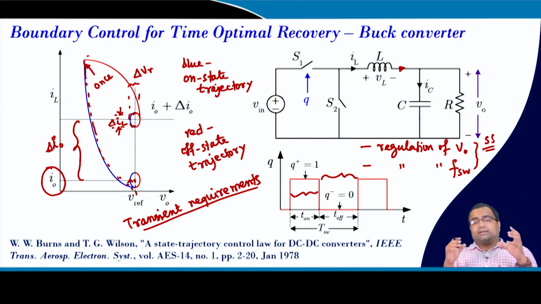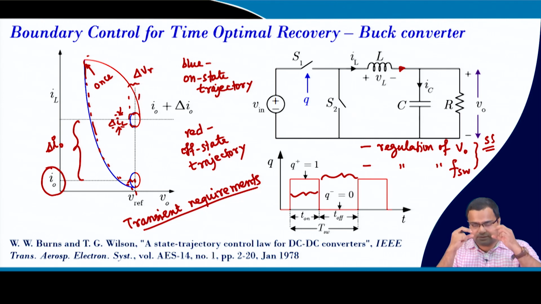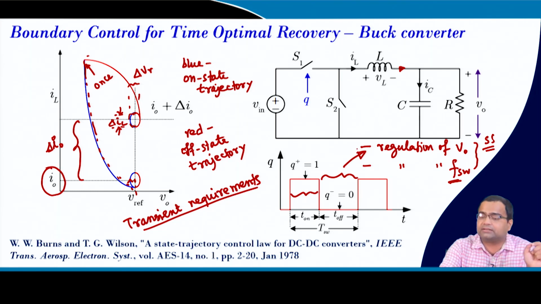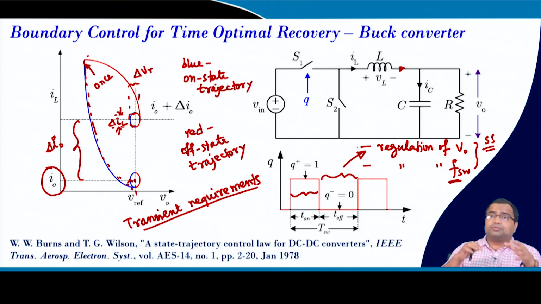So, in one switching action it will come to steady state with its desired current ripple and desired voltage ripple. The desired current ripple and voltage ripple will be determined by the switching frequency or the values of the on off time, and their ratio will decide your regulation, that means where we are going to regulate. But during transient we are not going to talk about regulation, because we need to choose the right on off time such that the trajectory comes back after one switching action.